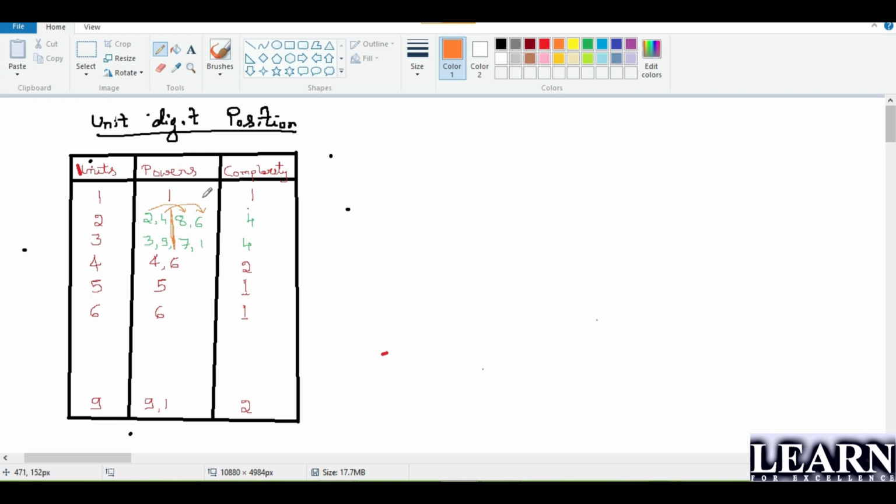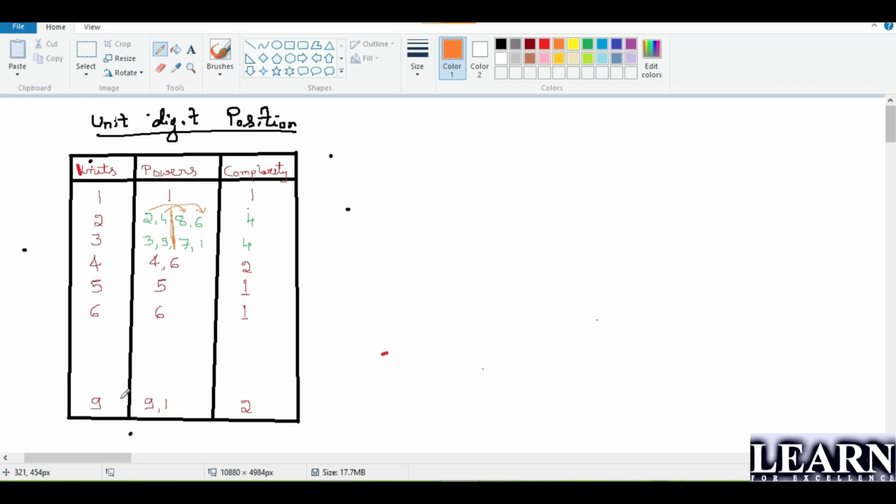So we can easily take this out, and next you can just make a note of it over there. If you write 2 and 4, the next two numbers will be the complements of 2 and 4. That is 8 and 6. Similarly, will you try with 3? It's not only for 2, guys. It's for all the numbers which have a cyclicity of 4.